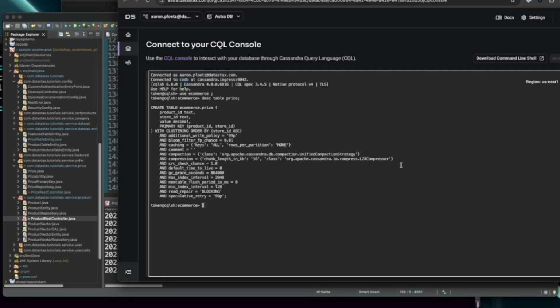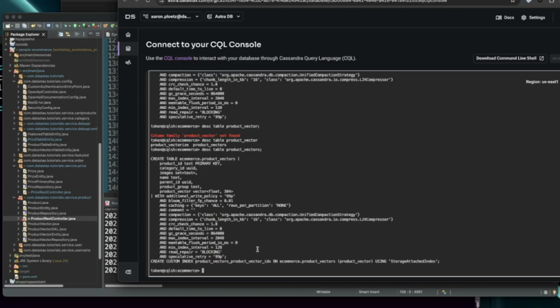And if we take a look at this table, let's go ahead and do desc table product vector. Really? Oh, product vectors, of course. So as you can see, we just have the one storage-attached index out there on product vectors. We have our product ID, that's our only primary key.